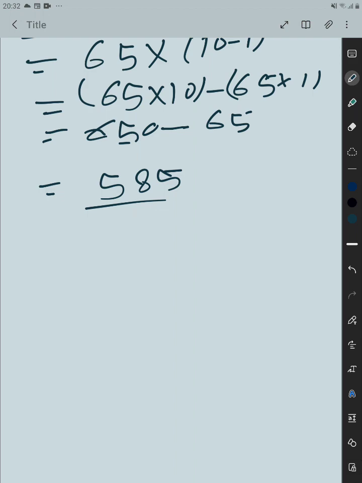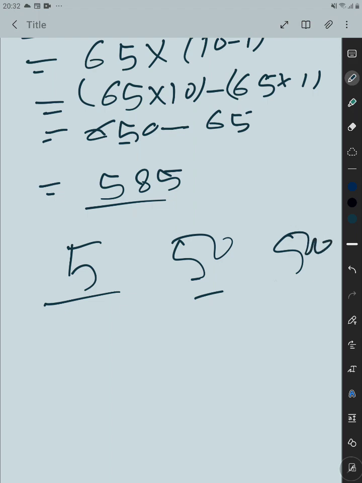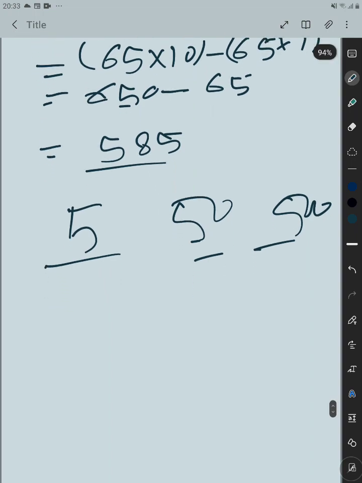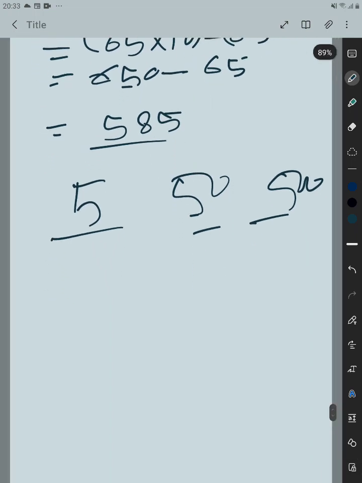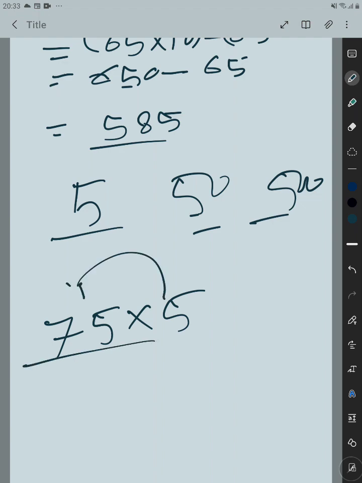But if you have a multiplier as 5, okay, multiplier as 5, this also becomes easier, or 50, or 500. So you can utilize this kind of patterns to make your calculation easier. We'll take some examples for this also. Let's take an example: 75 multiplied by 5. Instead of multiplying 5 to these numbers, we can write this as 75 multiplied